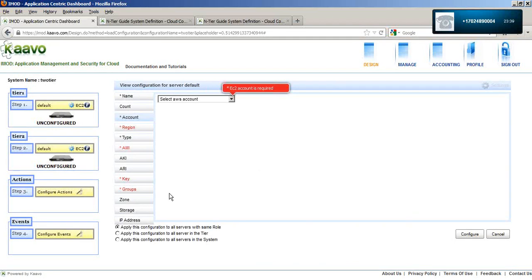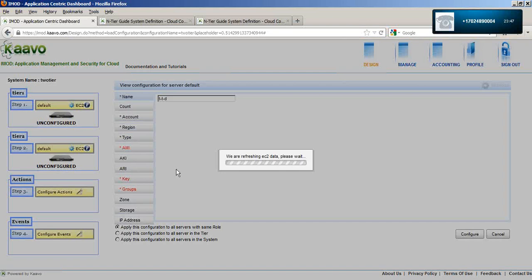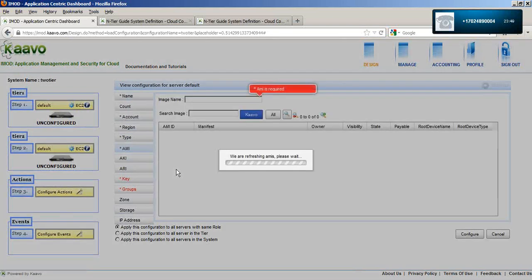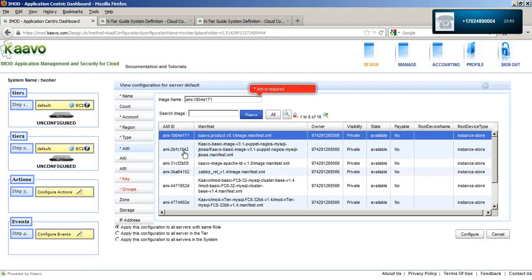Then configure for region US East 1 with this image.